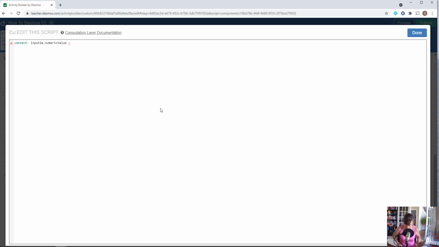We need a 0.75. And input 2B has a numeric value that is equal to 6/10, and